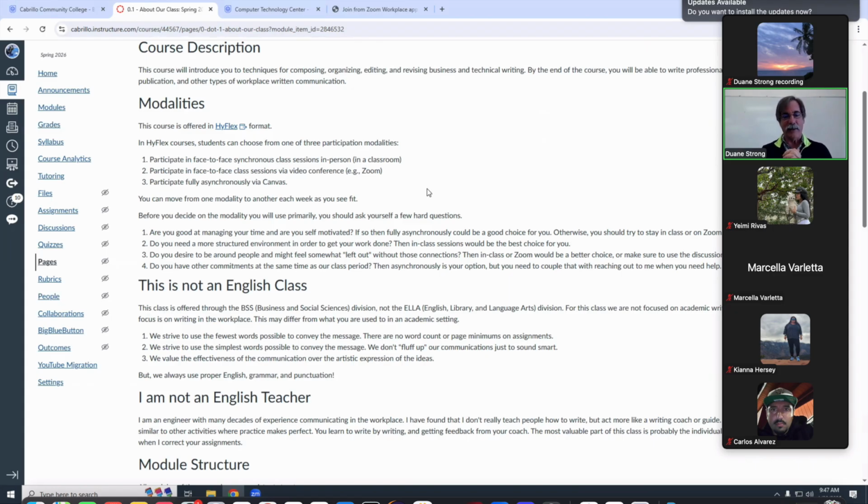Are you self-motivated? If true, then you can do the fully asynchronous and you'll be fine. That's a good choice for you. If not, or if so, you should try to come in class or come on Zoom, all right? Because then you get a little bit more support in your what's due today, what's due tomorrow, next week, whatever, right? And I'll nag you.